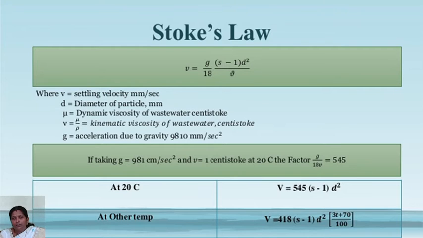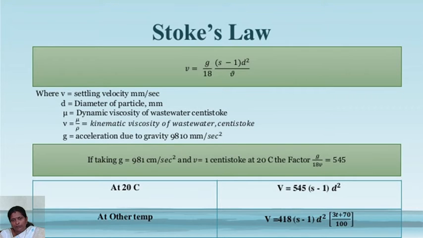Velocity V is equal to g divided by 18, into (S minus 1), into d square, divided by ν, where capital V is the settling velocity in mm per second, small d is the diameter of the particle in mm, and mu is the dynamic viscosity of wastewater in centistokes. That is, ν is equal to mu by rho, the kinematic viscosity of wastewater, taken in centistokes. g is the acceleration due to gravity, 9810